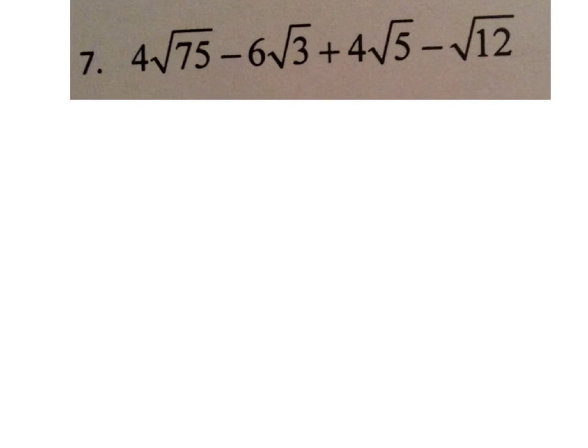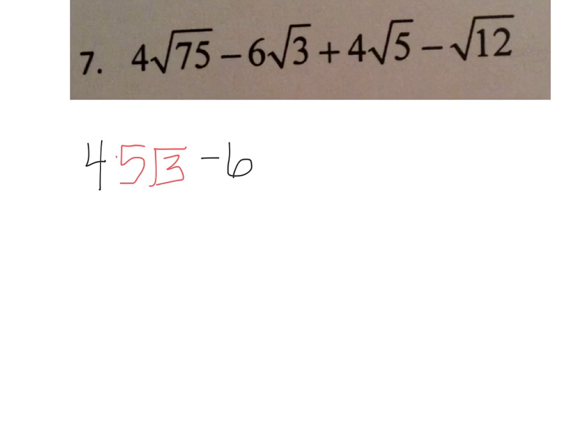Okay, an addition problem. So I have 4, and then the square root of 75. So 75, if I were to prime factor 75, would give me 5 radical 3. So then I'm going to end up with 4 times 5 radical 3. Let me rewrite that. That's horrible. So I'm going to get 4 times 5 rad 3